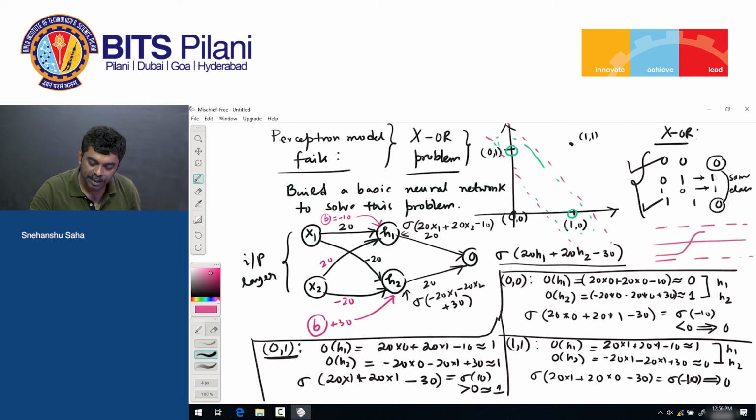Somewhere down the line, I can perhaps think of using an activation like this. And this is nothing but this. I can do this here as well, right? As long as the activation serves the purpose of projecting these 2 points, which are 0, 1 and 1, 0, to a different plane, I should be fine. So I now have to choose an appropriate activation, but the shape of this activation function is perfect given that these are the support vectors, right? This activation function is very familiar to us. It's used in logistic regression a lot,